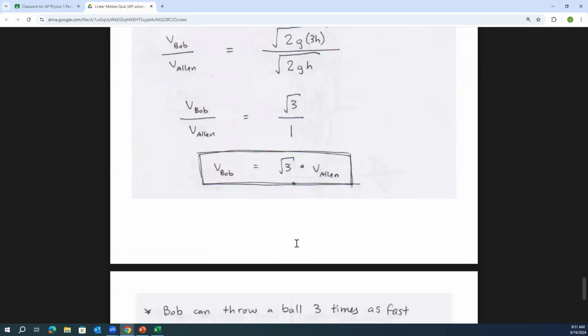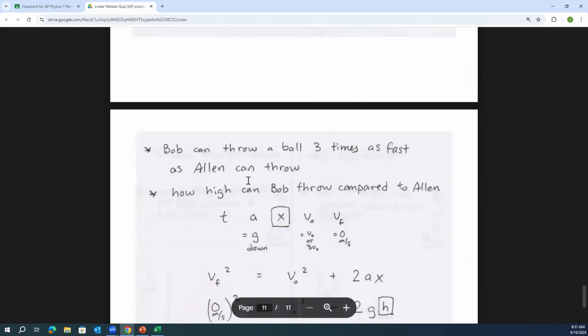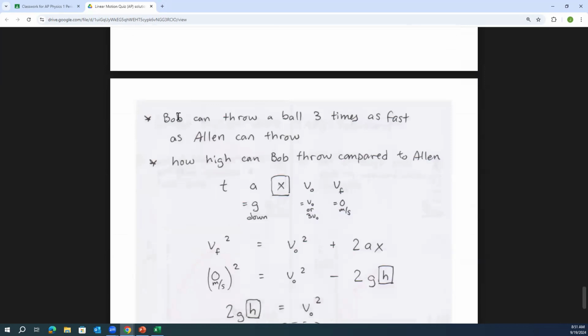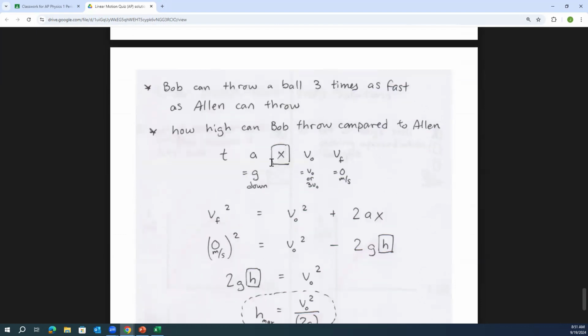Right? Some of you guys did not get that question. Some of you guys got something a little different. You might be looking at your quiz saying, I have a question that says this: Bob can throw a ball 3 times as fast as Alan can throw. Now that's a different scenario, right? Okay, well, if you can throw 3 times as fast, then suppose they throw the ball straight upward. How many times as high? Right. It's a little bit different question.